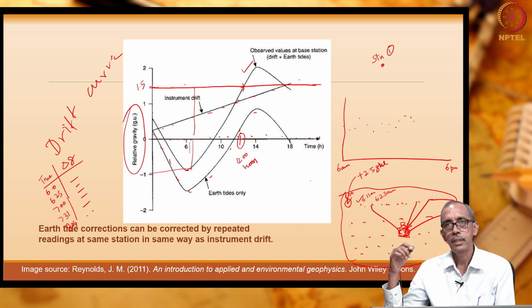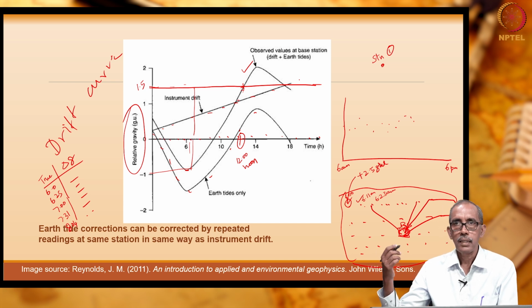Is it clear? So, this is how we carry out the correction for the entire data. By carrying out the correction, what have we achieved? We have achieved as if they were all measured at the same time, right? So, by doing so, we have completed diurnal correction or simply tidal correction, isn't it?